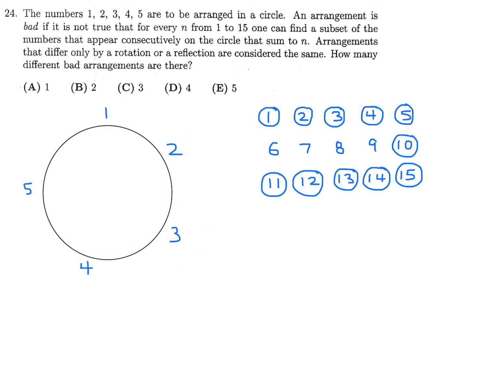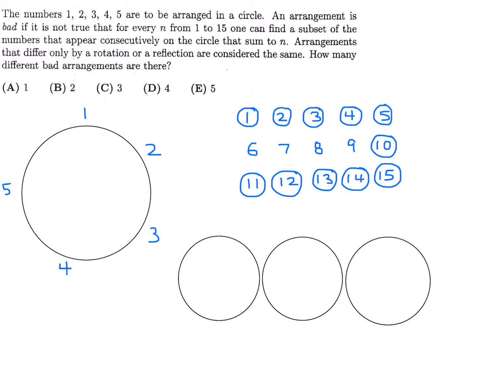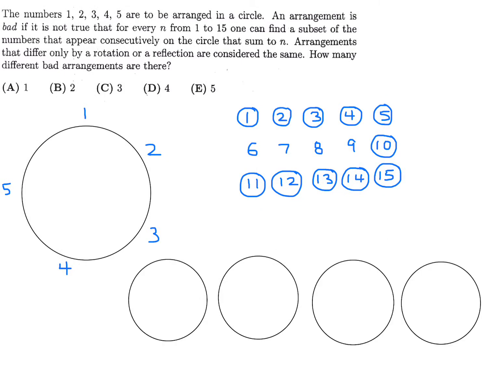So all of those will be possible no matter what the arrangement is in terms of how I draw the numbers. So the only ones we really need to concentrate on are 6, 7, 8, and 9. Okay, so let's do that. So 6, 7, 8, and squeeze one more in here. Okay, so my goal now is to figure out how to arrange numbers 1, 2, 3, 4, 5 so that